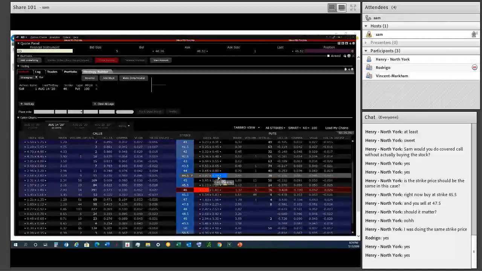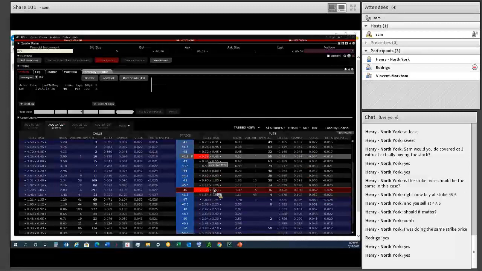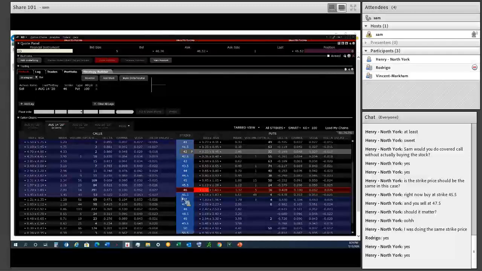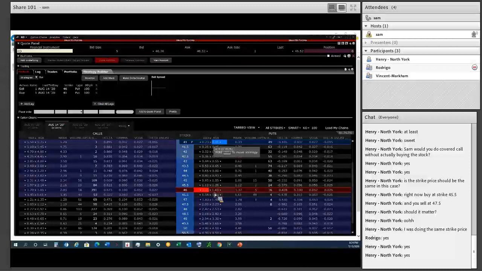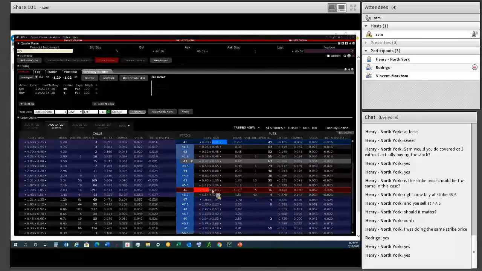So if we sell the put, we're giving someone the right to sell the stock at a higher price and buy it back at a lower price. So they'll make money. So we can sell the put, and let's look at the options, and let's say we sell $5 out. So we sell the 46, we buy the 41 for 31 cents, okay?